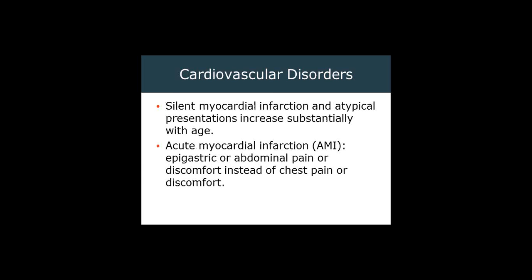Silent MIs, atypical presentations, those increase substantially as the patient ages. Remember, this is the prime population that has silent MIs and atypical presentations. Acute MIs may present as abdominal or epigastric pain or simply shortness of breath rather than chest pain or discomfort. Very, very common. If you have the capabilities of doing 12 leads, it probably would behoove you and be in your patient's best interest to consider doing 12 leads on most of your patients who are complaining of abdominal discomfort,